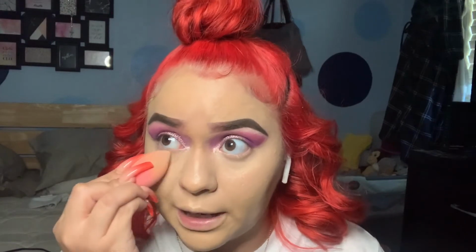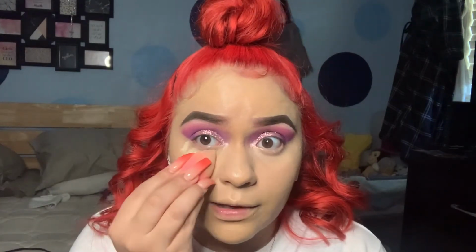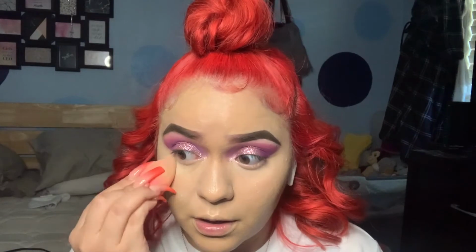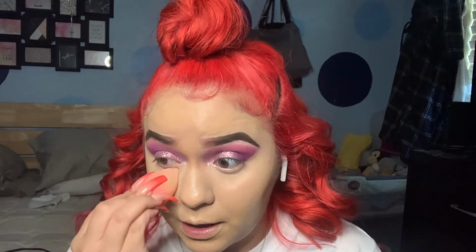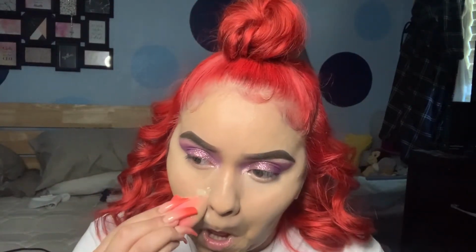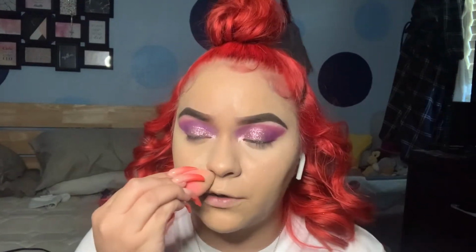When I prep my eyelid with powder before eyeshadow, I always make sure to use this dry beauty blender, because I just feel like it works so much better. I know people say wet your beauty blenders. I do wet my beauty blenders, but I only use the wet one for concealer, foundation,